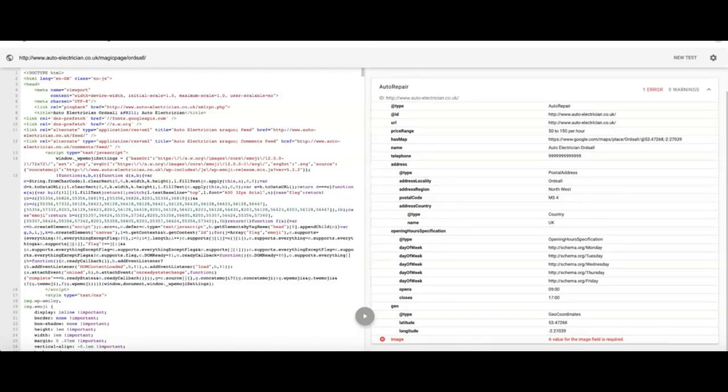Let's go back over to the Auto one. The Auto one is postcode Northwest M54, country UK. Opening hours are the same, but we can change them. And then you've got 53.47268 as the geo coordinates. Let's go back over to Manchester, 47894. So as you can see, it's pulling in unique location data for every single page throughout the whole website.